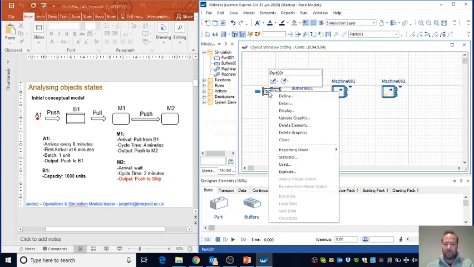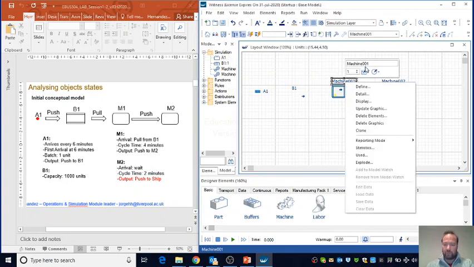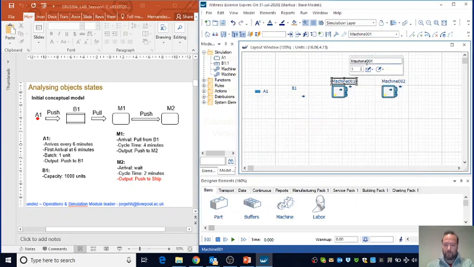Now, by right-clicking over every element, this is A1. Now this is B1. This is M1. Sorry, this is M1. And this is M2. As you noticed, there was an error. It is because Witness is very precise in the way you can name elements, and all of them should start with a letter at least. I mean, they cannot start with a number, as you saw in the previous lab session,